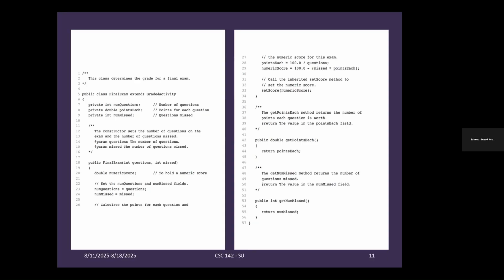Then we go inside the subclass FinalExam methods, getPointsEach and getNumMissed. Depending on what you are returning, we have to put the type between public and the name of the method. For example, getNumMissed returns an integer because we have to return integer numbers. Okay.